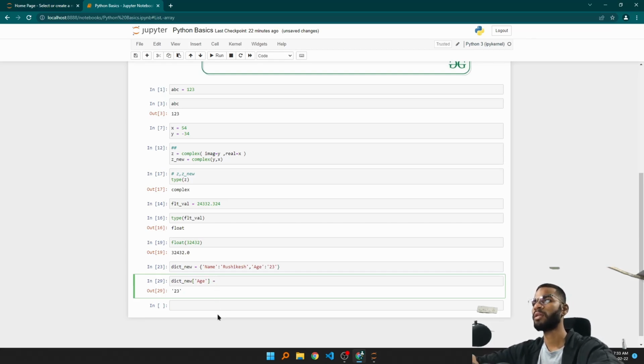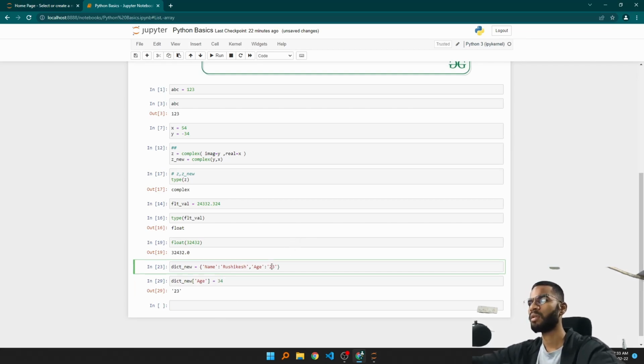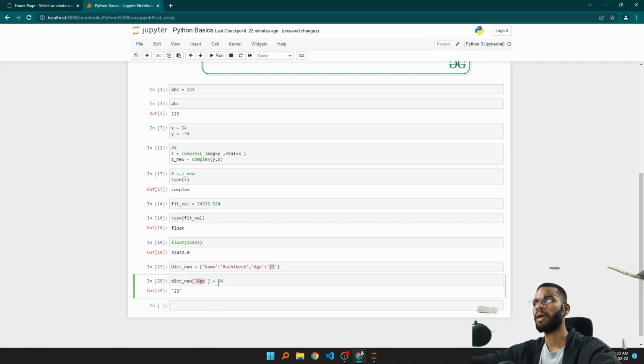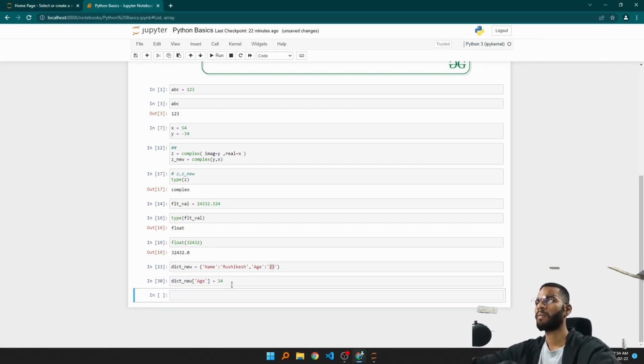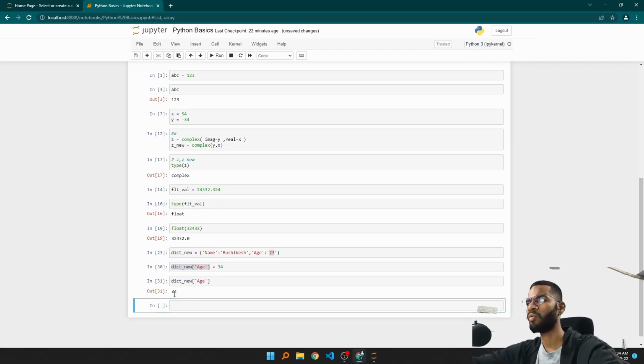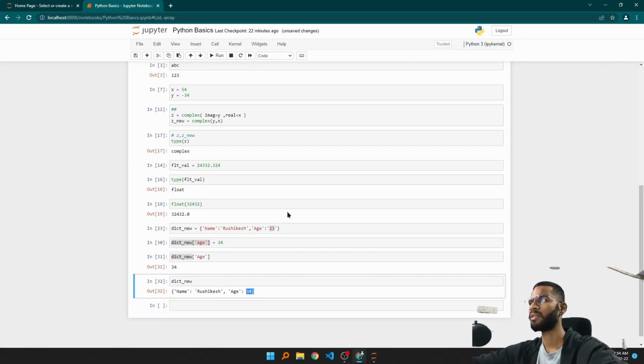Now I am going to set something to this particular age, and consider my age is 34, and I have to change the dictionary over here. So I will just define the key with the value. Okay, so dict new is my dictionary wherein my age is my key, and 34 is going to be the new value I am setting in this particular age or key. You can see now the new age is this, and I can show you the original dictionary as well. It says that the dictionary has changed from 23 to 34, and this way you can manipulate the